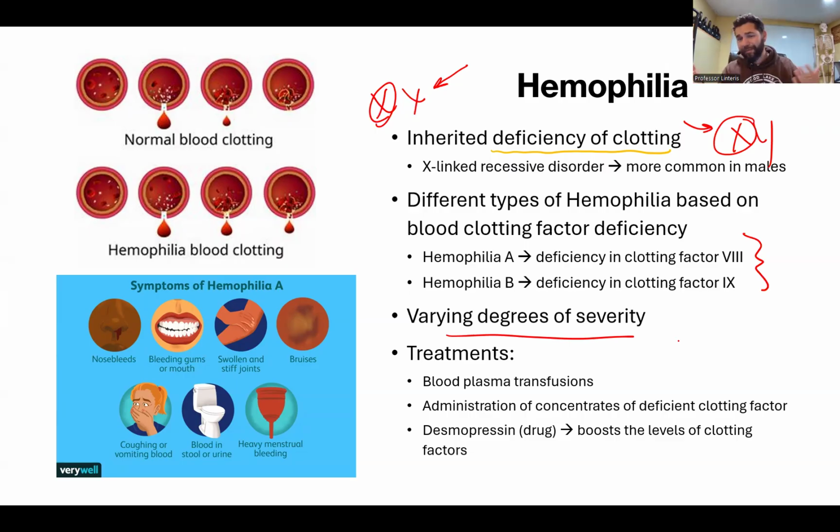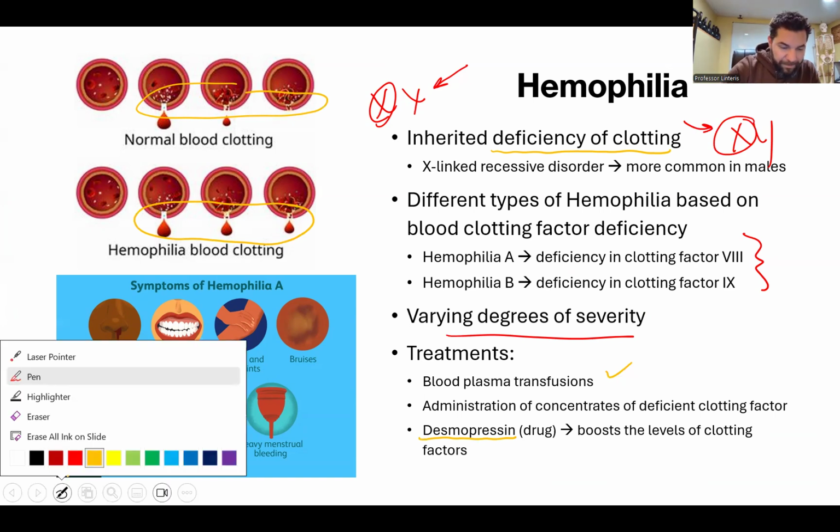Severities are very different. And there's some treatment options such as blood transfusions, I should say plasma transfusions, administration of clotting factors as opposed to anti-clotting factors. And there's a drug, desmopressin, that boosts levels of these clotting factors. So hemophilia, you start bleeding and you can't stop, right? Normal blood clotting, blood vessel seals up via all the mechanisms we just talked about. In hemophilia, you keep bleeding, right? And there's some symptoms here that you could see,